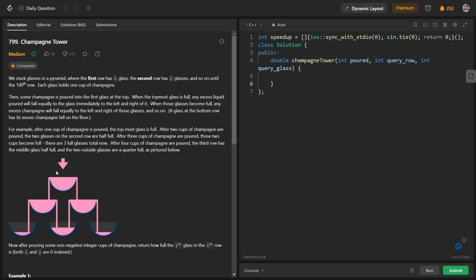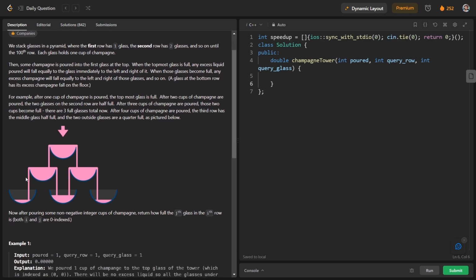So basically if we pour 2 units of champagne in this glass, what will happen, it will store 1 unit of champagne. Okay, and half a unit of champagne will be poured in this left glass, and the other half unit will be poured into this right glass. Okay, so that's what they have told. And when those glasses become full, any excess champagne will equally fall to the left and right of those glasses. Okay, so in case these glasses get full,